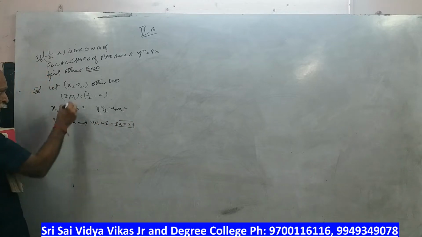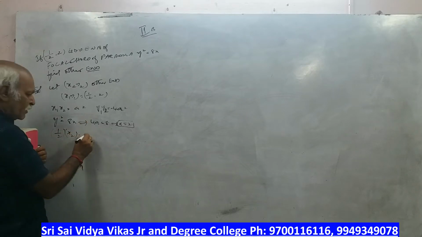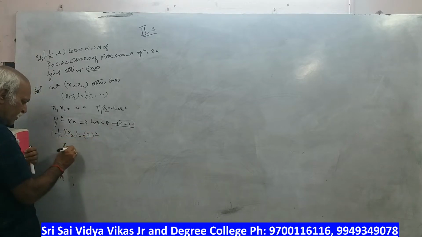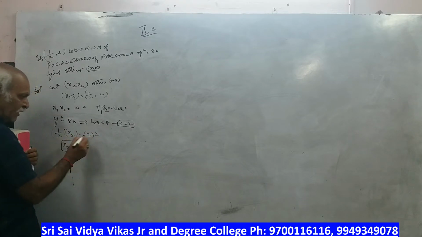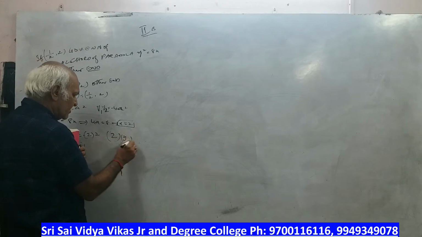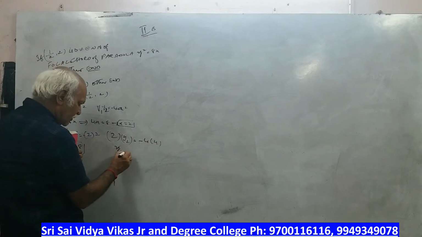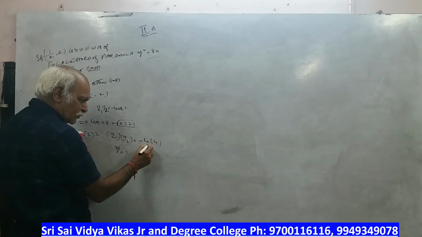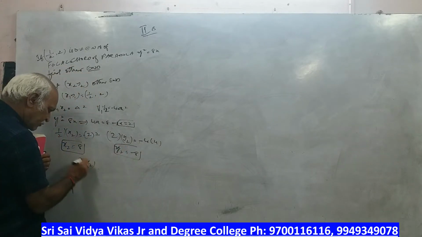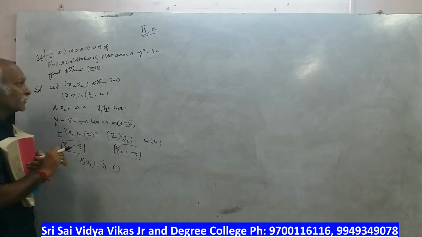So put the value 1 by 2 into x2 is equal to a squared, which means 2 squared. So x2 is equal to 4, which means 8, by cross multiplication. Then y1 y2, y1 is 2, so 2 into y2 is equal to minus 4a squared, 4 into 4. So y2 is equal to, 2 will get cancelled, 16 means minus 8. So the other end (x2, y2) is equal to (8, minus 8). Right? Next.